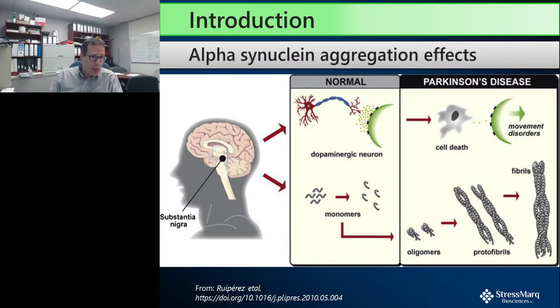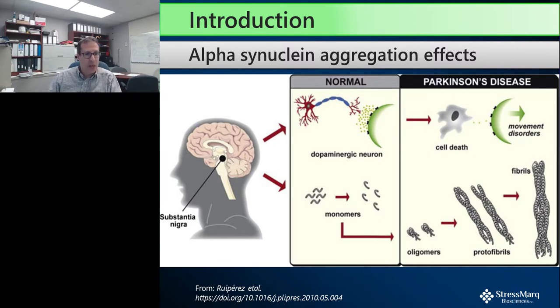Well, the substantia nigra, which is part of the brain that controls movement, is a place where alpha synuclein is present. And as you can see at the bottom, these monomers will aggregate into oligomeric forms, as well as protofibrils and fibrils. Although it's not entirely clear which species has high levels of toxicity, these will affect the dopaminergic neurons and kill them. And as a result, we see the movement disorders that we associate with Parkinson's disease, such as the